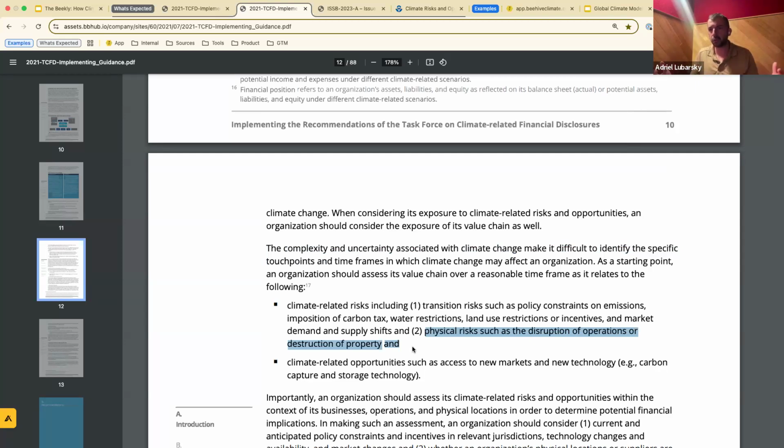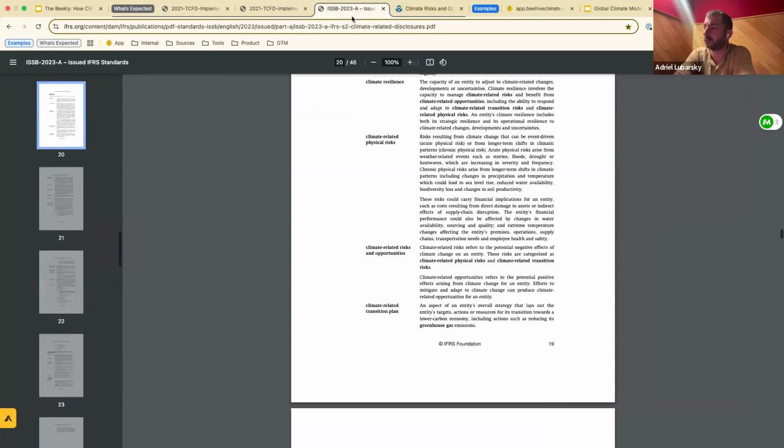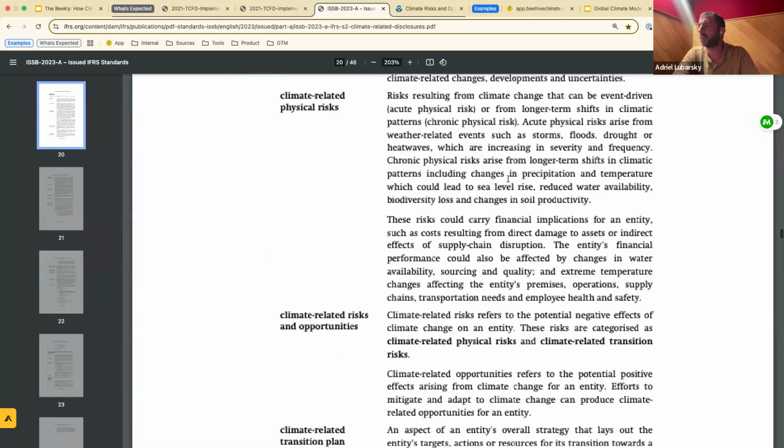And the reasoning is pretty clear here, that there's a lot of uncertainty. And we'll talk a little bit more about this with Ed, but climate modeling is not crystal ball future prediction. You're not saying, I know with 100% accuracy that wildfires will occur here. They actually state here that there's a lot of uncertainty and complexity, and that's why you want to consider scenarios so you can be prepared for this. They dive into this a little bit more.